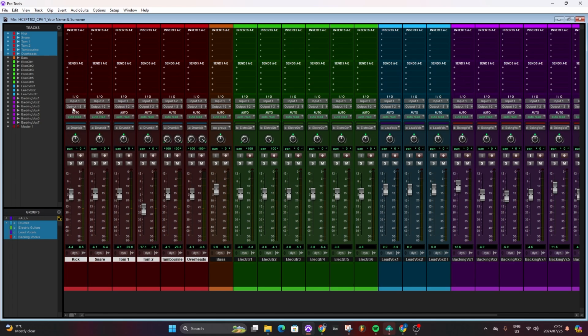And then you'll have outputs, which is here, that is going out of this track, basically going out either to another track, or in this case currently to an output, which in this case goes straight to my speakers,